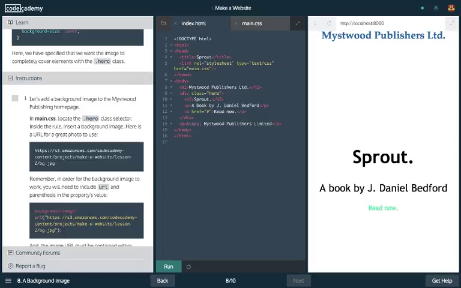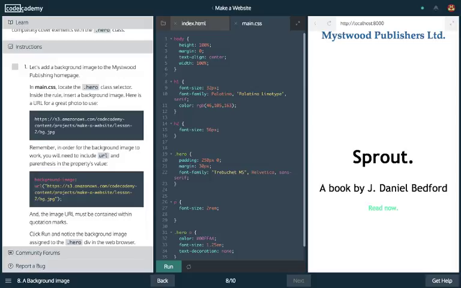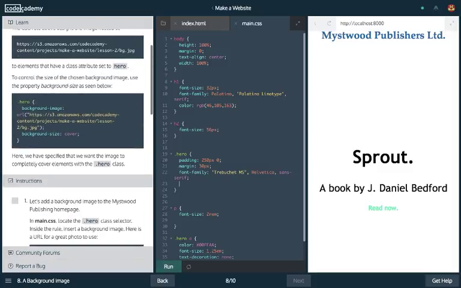Instructions. Let's add a background image to the Miss Wood Publishing homepage. In main.css, locate the .hero class selector. Here, .hero class selector. Inside the rule, insert a background image. Here is a URL for a great photo to use. Here, we do what they did up here, which was